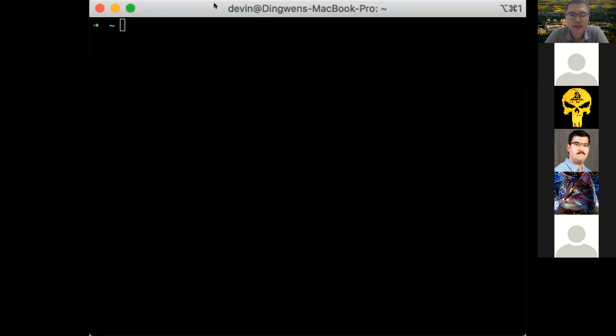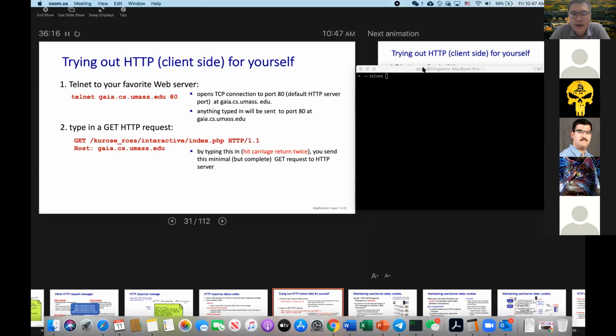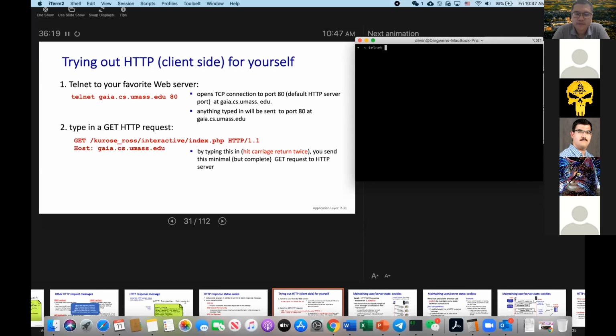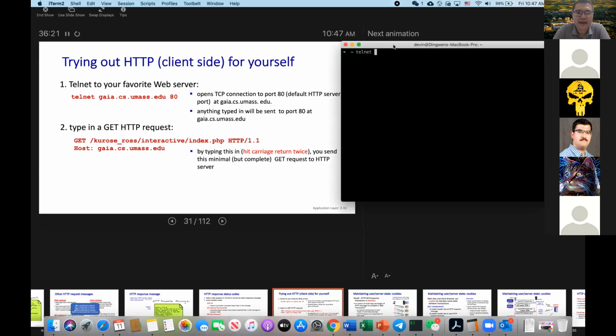So I have a terminal sharing here, okay? I think you should be able to see here, right? Everyone can see here? And I can use telnet. Maybe I should just share the whole screen, okay? So this is my terminal. I have already installed this software, Telnet. If you don't have it, just download it with brew install, or apt-get if you are using Linux or a MacBook. So you have a terminal with Telnet installed here.